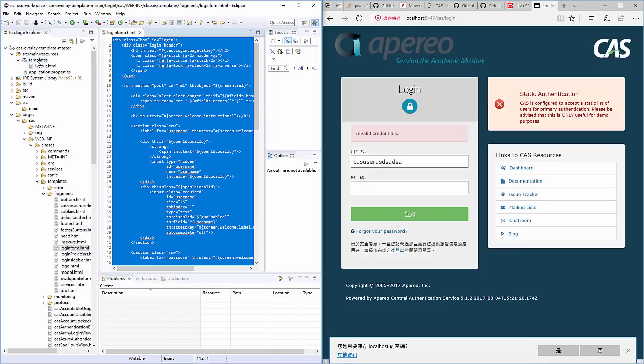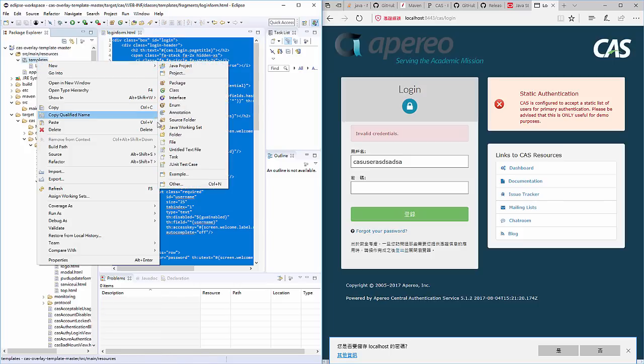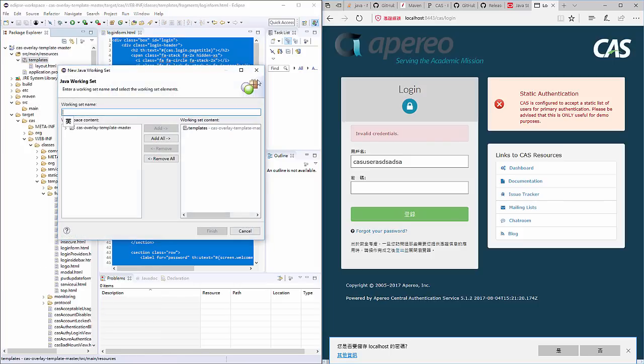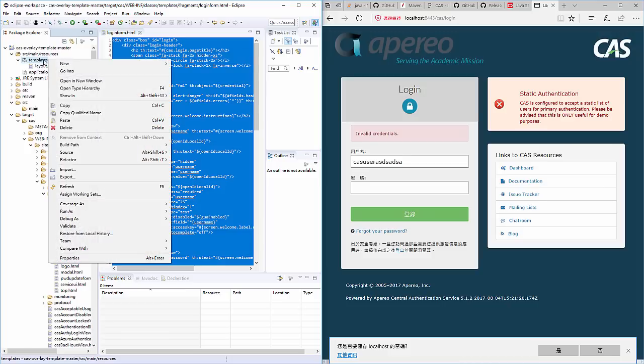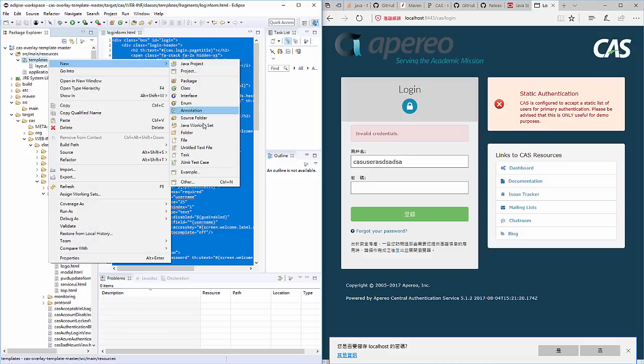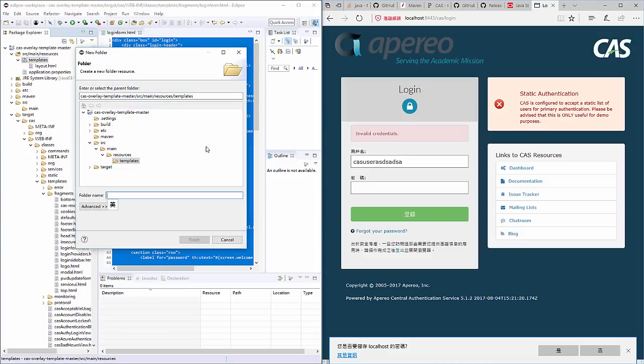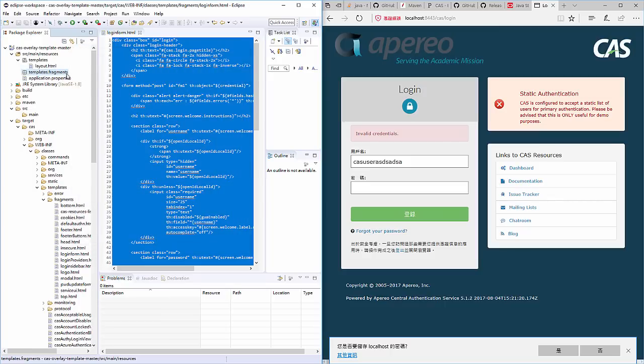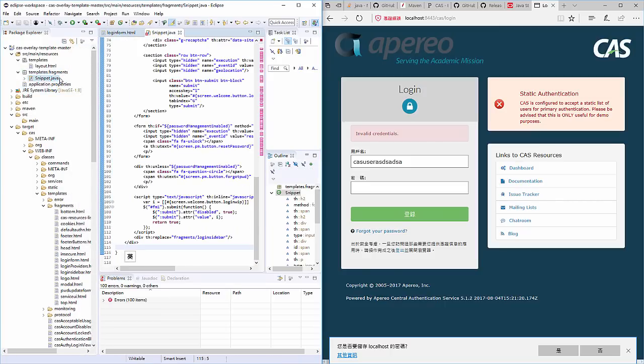and I just add new folder. Can I add a new folder? Yes. And I want fragments. Whatever, just put it inside. Nope, don't do that.